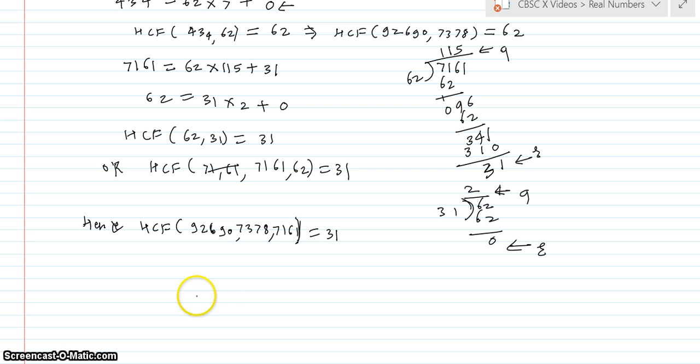This is your final answer. Okay, so to find HCF of three numbers, first we find what? HCF of the first two numbers. Okay, and after finding the HCF of the first two numbers, again we find the HCF of the third value and